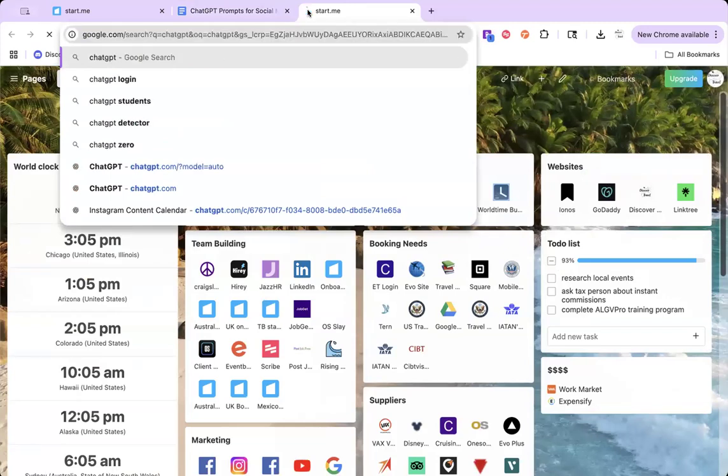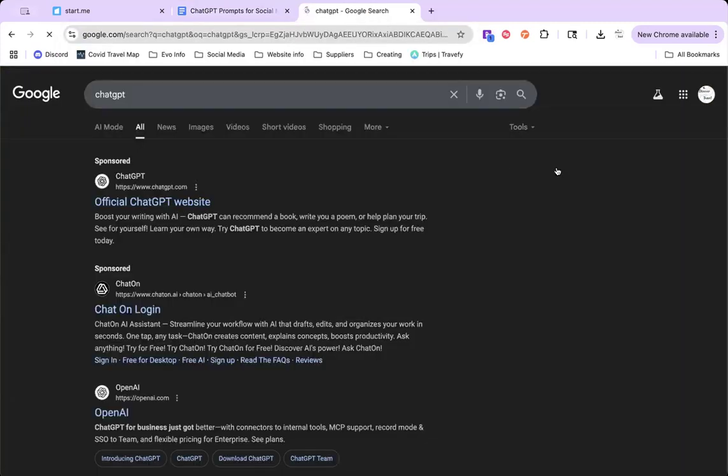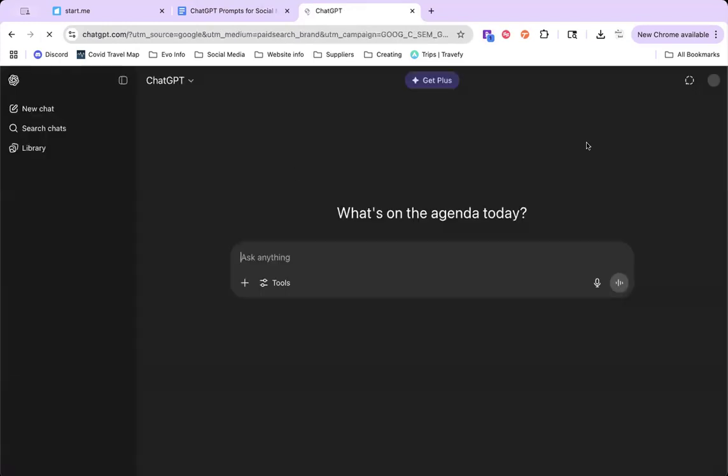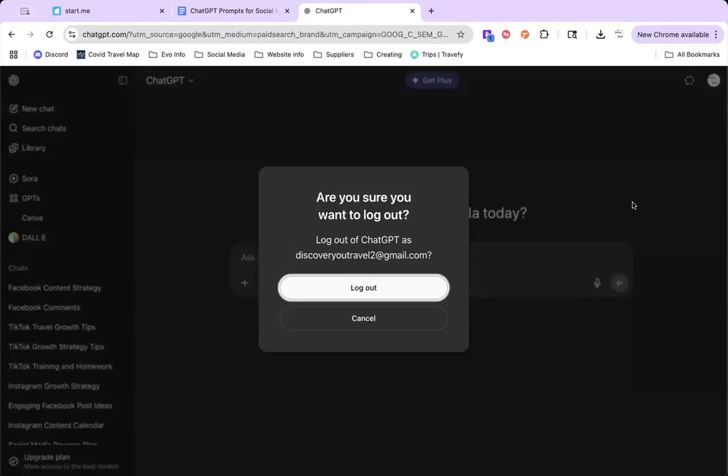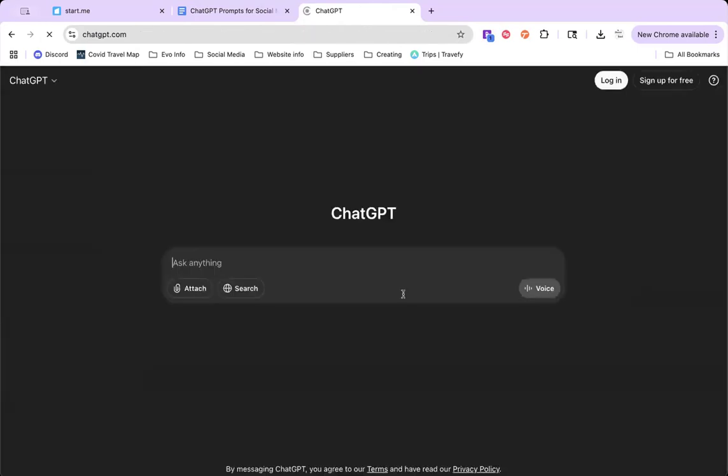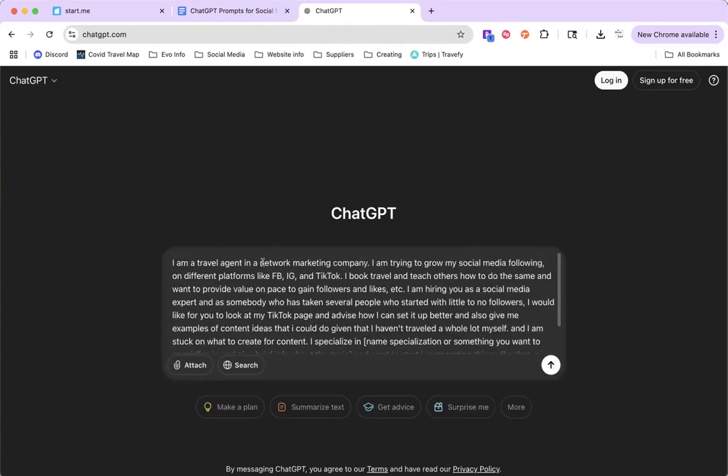I'm going to see if it'll let me just not be logged into mine. Let's see. I'm going to try to log out so we can have a different one. Okay. Stay logged out. So we're just going to use this. So you're literally just going to copy and paste this script.